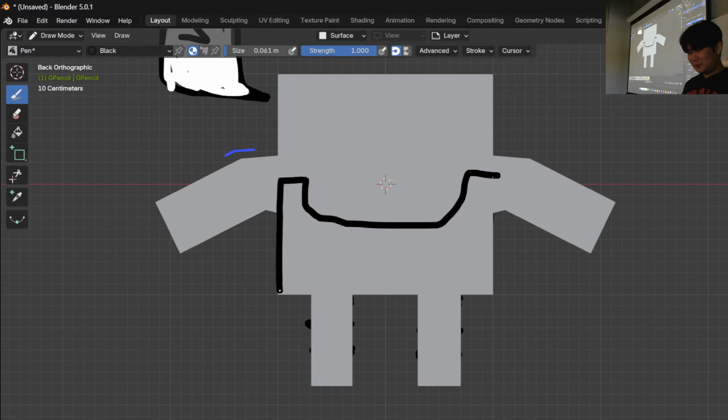It's like a swimsuit. You gotta make it like